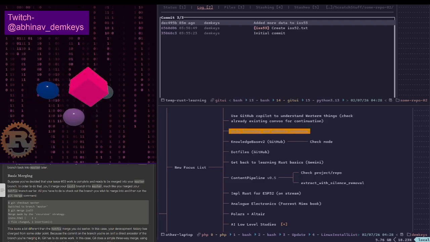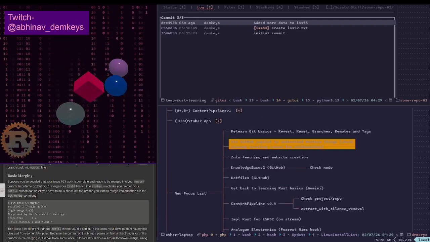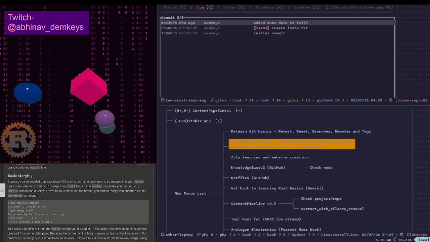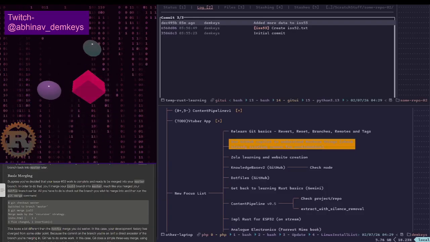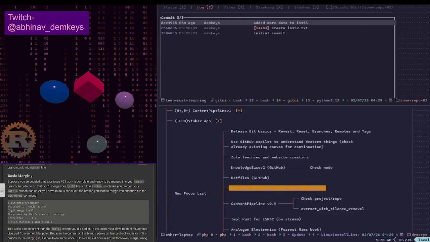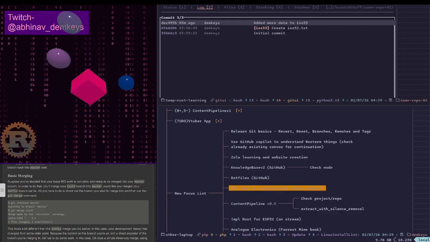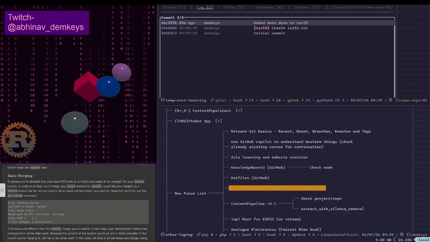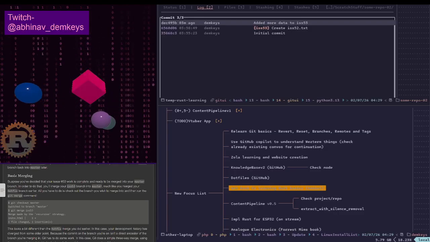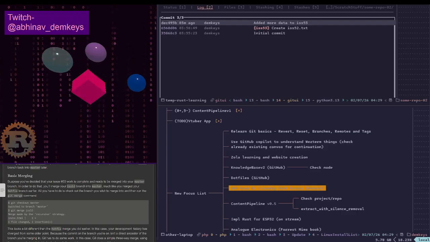I need to get back to this Western thing. Actually, I'm going to get back to this today. We are currently doing the Git basics thing. We also need to get back to learning Rust basics because iterators are waiting for me. Smart pointers are waiting for me. There's a couple more advanced concepts waiting for me. Multi-threading is waiting for me. Async is waiting for me. There's a bunch of things that are waiting for me.